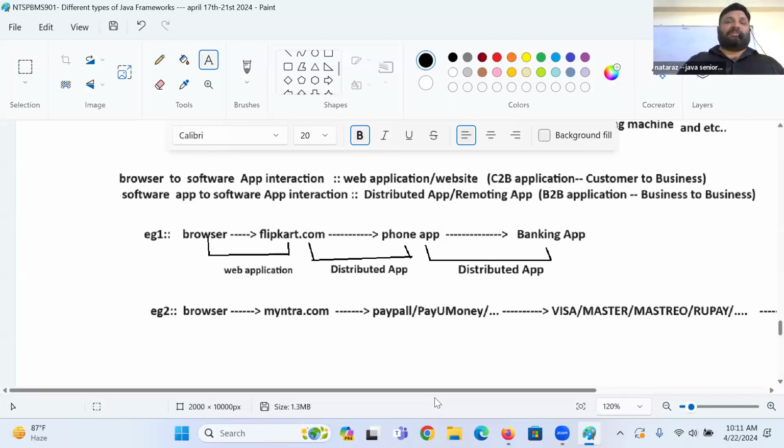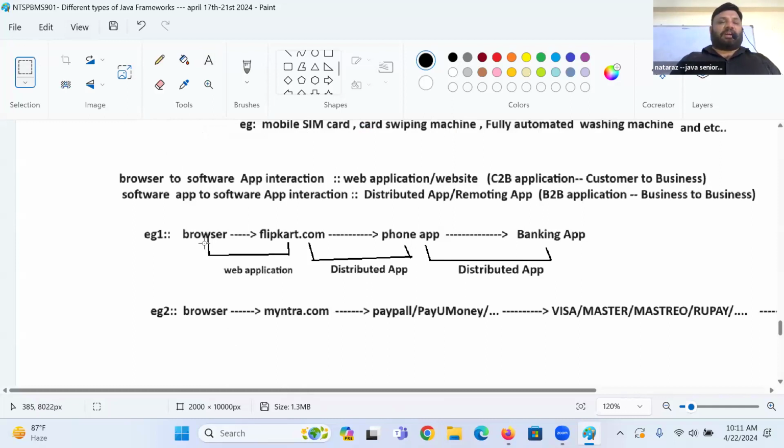Okay, in this one, tell me, boss, in this one, browser to Myntra.com, what is that, guys? Browser to Myntra.com, web application or not?